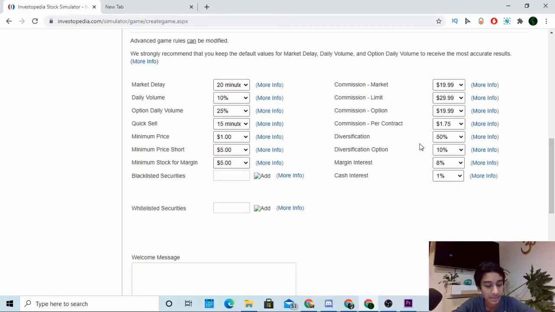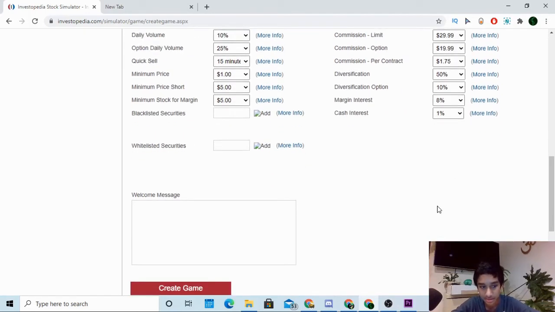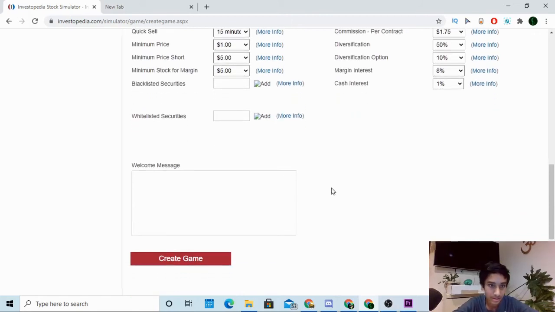So again, just leave these. This is your first game, keep in mind, so it doesn't have to be the best settings. You can change it up to make it more challenging. Whitelisted security, blacklisted, you don't have to. This is basically if you want to, for example, I can just say,